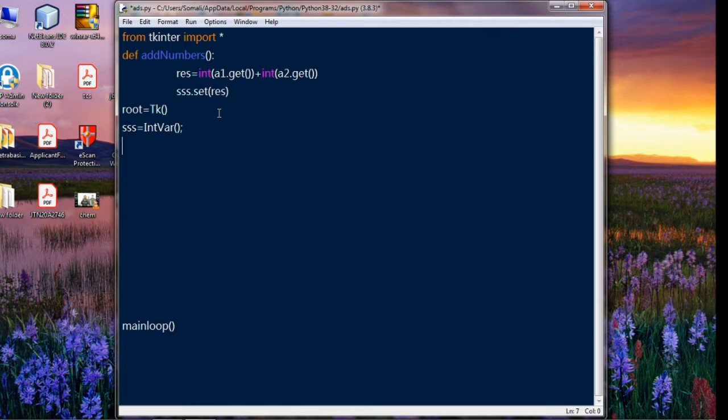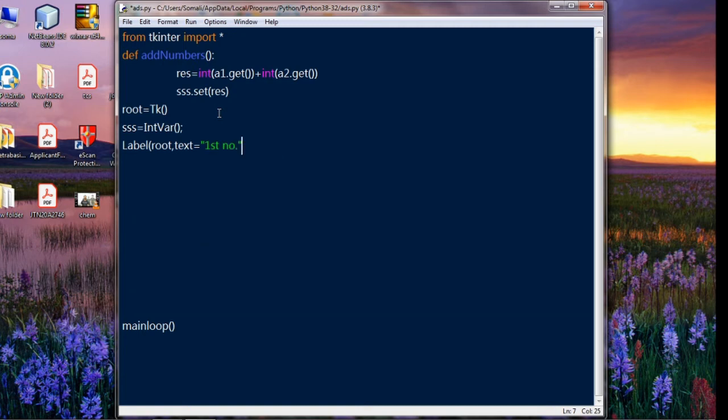Then take a label to show the first number. Root, then text to be shown on the window. Here the text is first number.